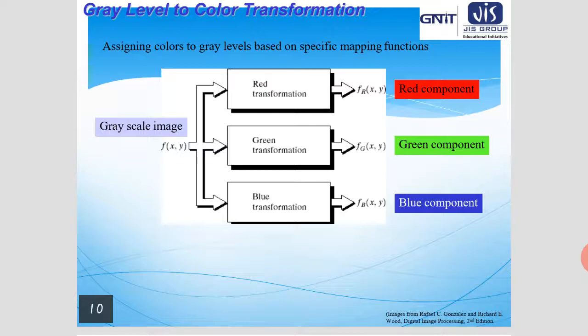And if we pass it through the blue transformation, the output will be fb(x,y), which is the blue component of the grayscale image. So this is the gray level to color transformation. Here we are giving the grayscale image as input, and at the output we are getting the red, green and blue components of that particular grayscale image.